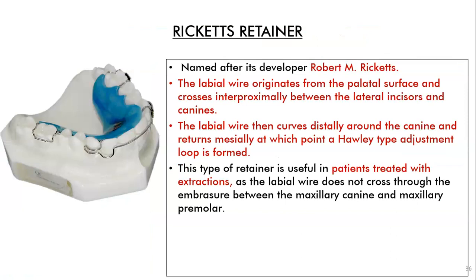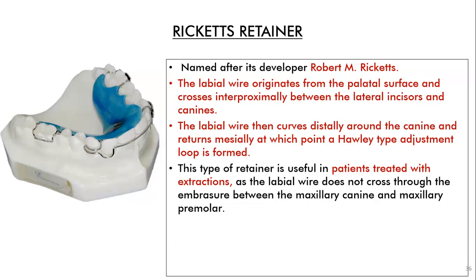It looks like a C clasp, but basically the same loop has been extended to form a kind of C clasp, but it is actually a wire bending that curves distally around the canine, and it kind of forms a canine loop because these teeth have been moved, especially in cases of extraction. So the wire is not going between here, and this also kind of stabilizes that canine. Okay, so this was the Ricketts retainer. Basically this labial wire has been recontoured to form a distal canine loop of sorts,